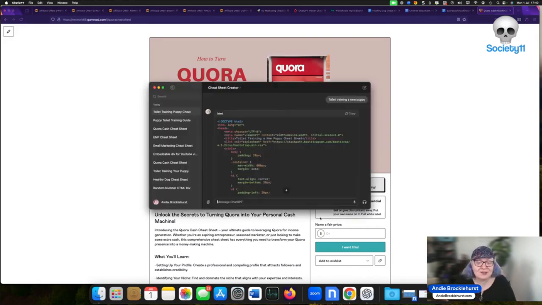Now, I tell you, you can go and try just going to regular ChatGPT and ask it to make you a cheat sheet. Look at what it produces. I promise you, you won't be impressed. But when you look at what this produces, because this has been trained on a cheat sheet model specifically, it's perfect. And guess what? You don't have to go and do all that research and prompt generation for yourself,